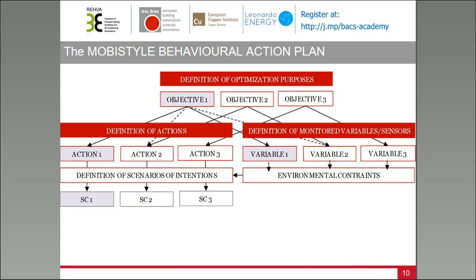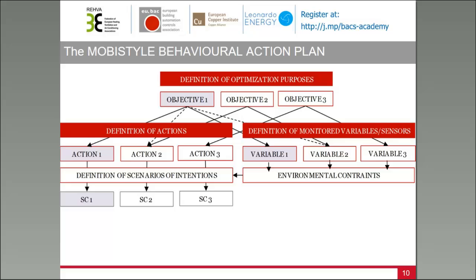So it's really a multidisciplinary action plan that has the objective of connecting the optimization purposes of different stakeholders, for instance, the occupants or the energy manager or the building operators, and to define the type of actions that might lead to behavioral change, and also define some scenarios of intervention that can really help them to face the situation and engage in behavioral change.